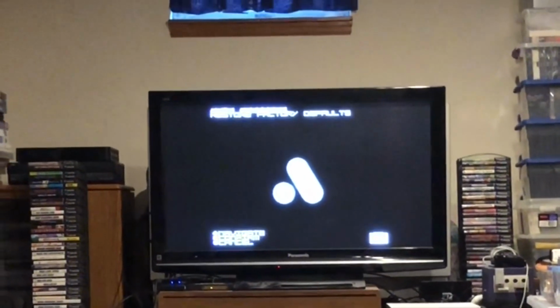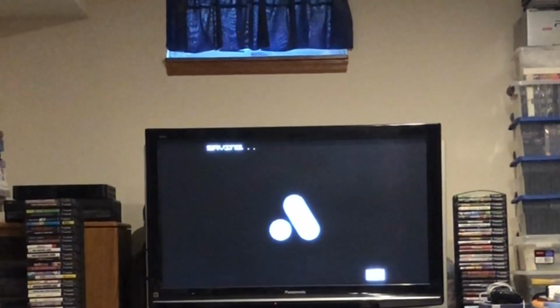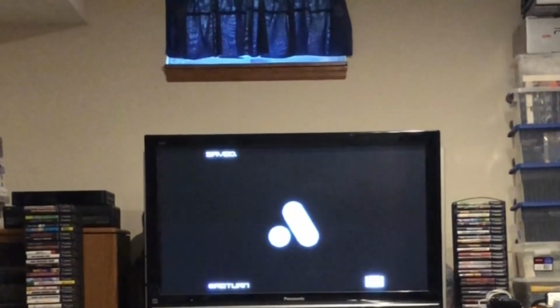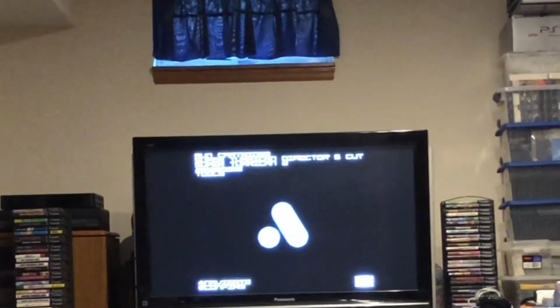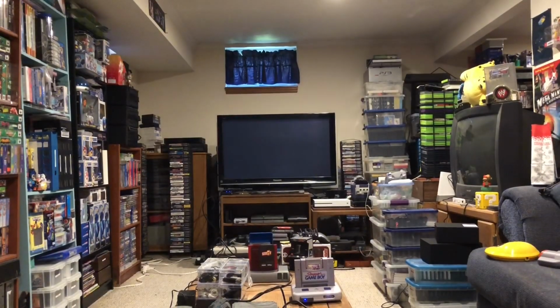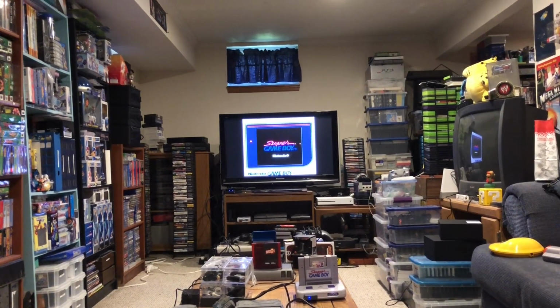hidden inside of it. And when you put it into a Super Game Boy and put it into a Super Nintendo, you can actually pull up the full Space Invaders for Super Nintendo. Quite a trick. Anyway, you can see here that the Super Game Boy does indeed work on the Analogue Super